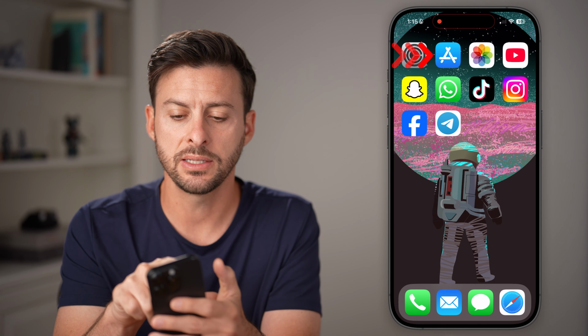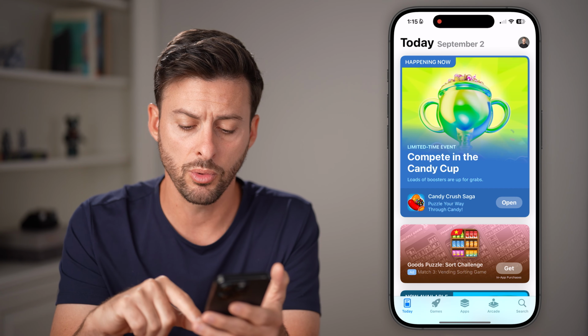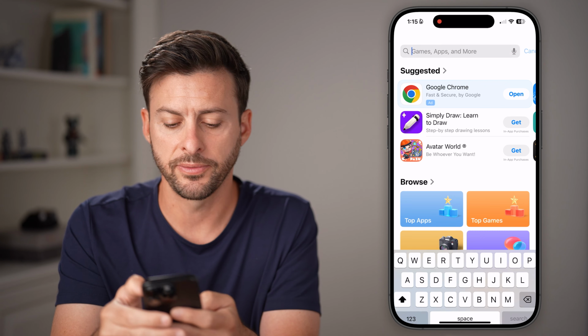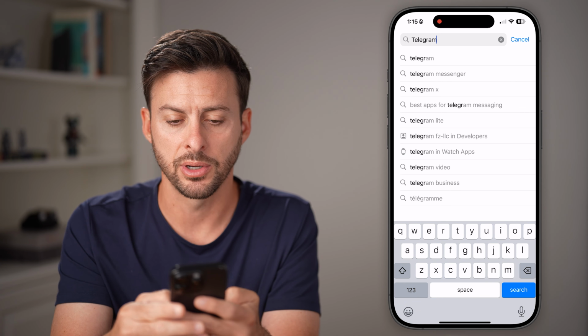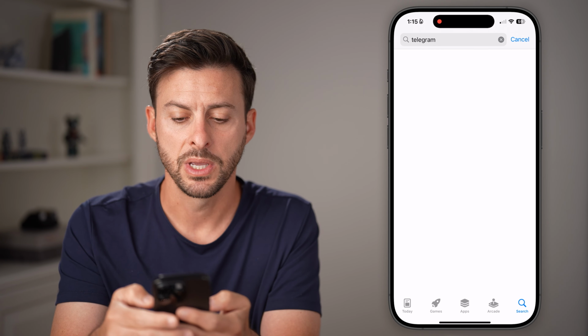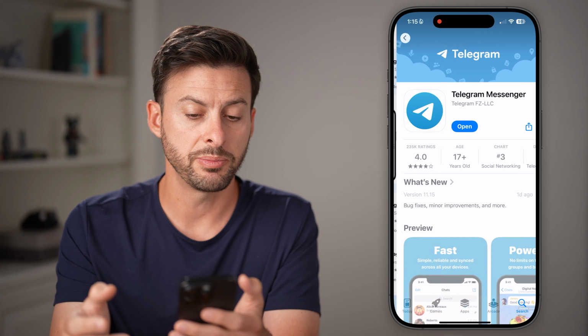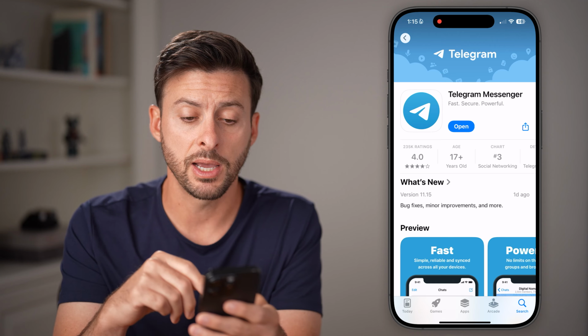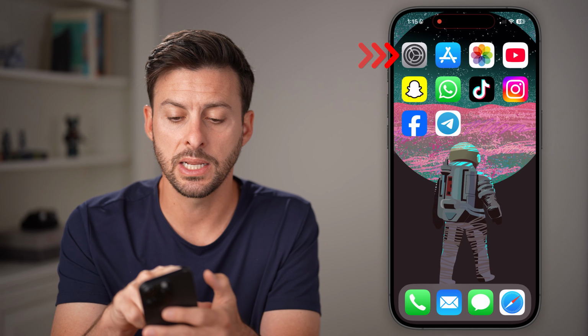After you've done that, let's head into the App Store if you're on iPhone or Google Play Store, and we'll tap on search. And we're gonna just search for the Telegram app here and check to see if there's an update. So if it says right next to it, there's an update, just go through the process of updating to the latest version. If there's not an update, the next thing I would recommend doing is heading into the settings